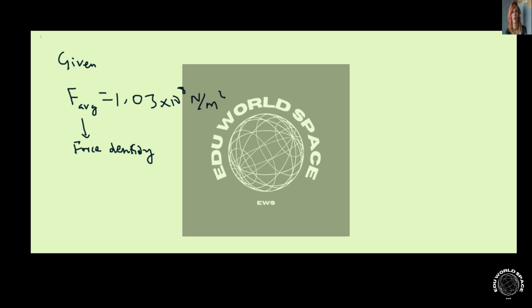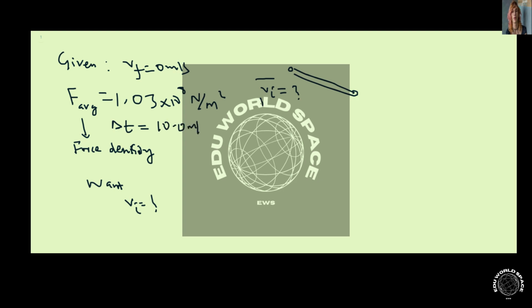So they're moving towards a pole. We're given that they're moving towards a pole with an initial velocity. We don't know what the initial velocity is. That's what we want to find out. So we want to find v initial, given that v final equals 0 meters per second. We're also given the time that they're going to have contact with the pole, which is in milliseconds. Sorry,